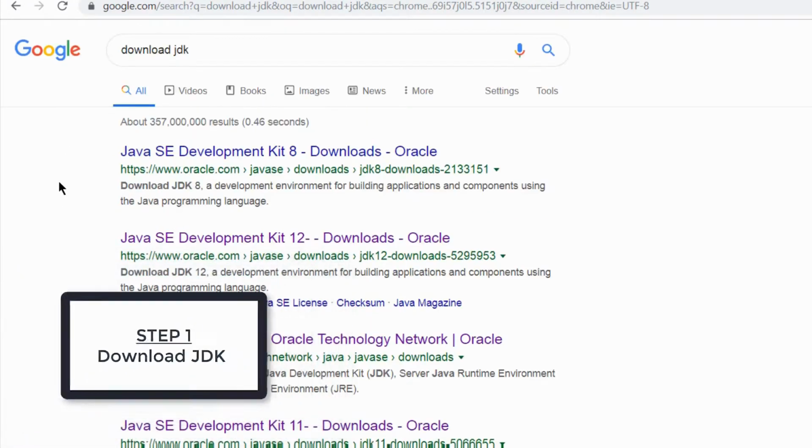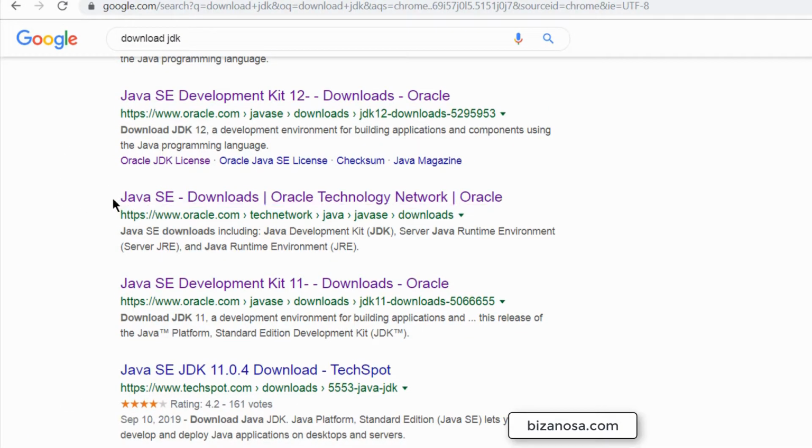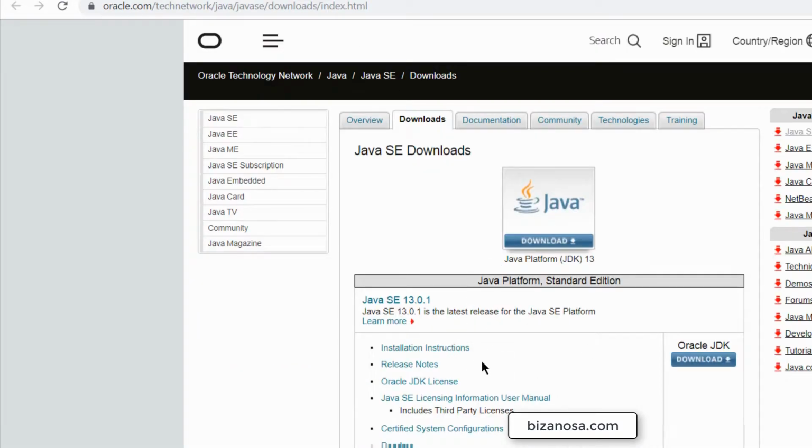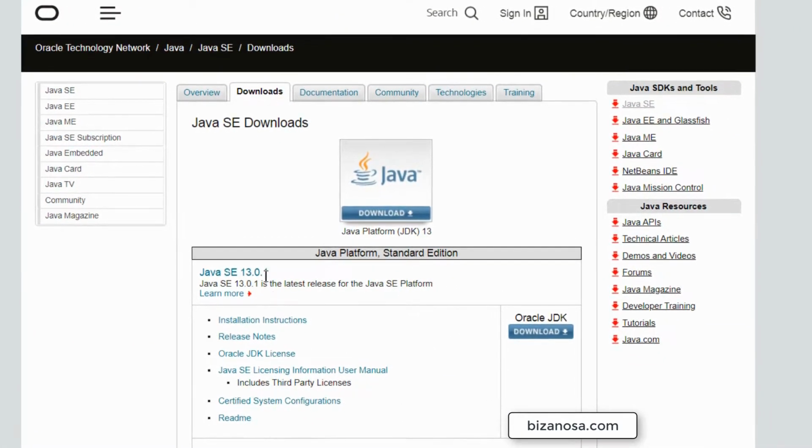And we want to choose this. So click on this one which says the downloads Oracle Technology Network. So click on that and then you'll end up on this page, and this page will show you the latest JDK. So I will just download this, which is the latest, and you'll just click here to download